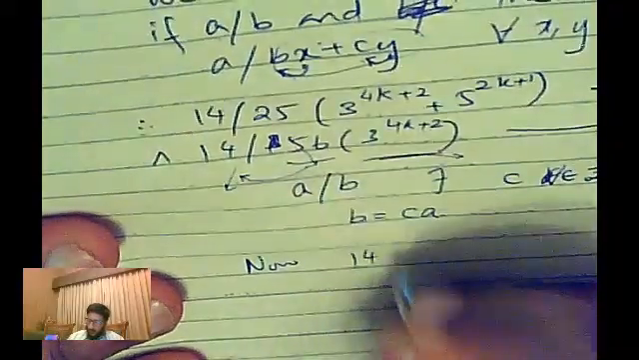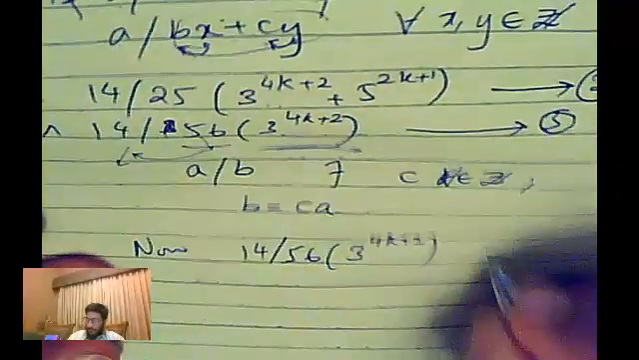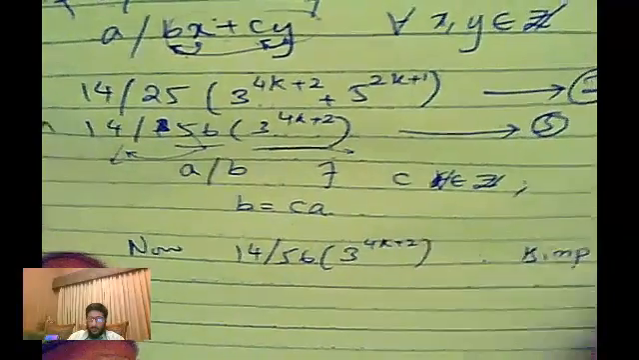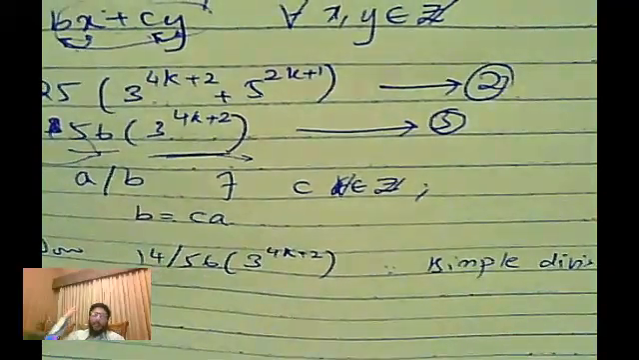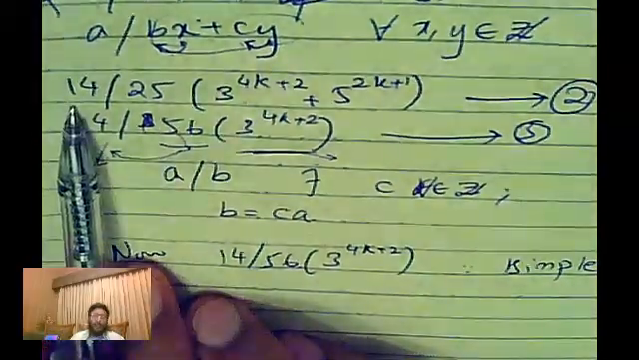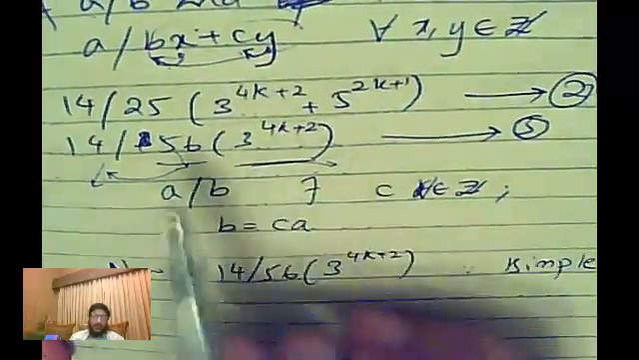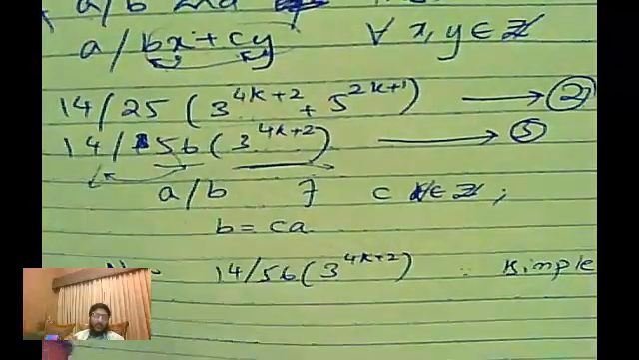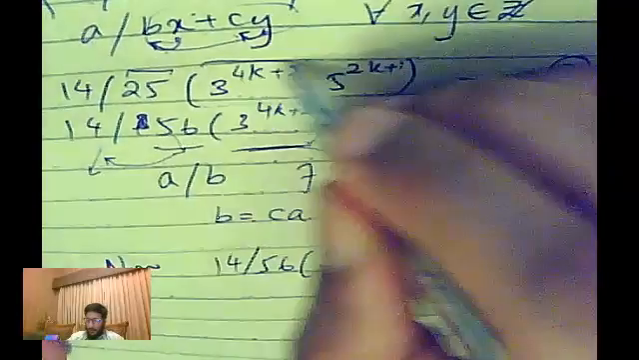Now 14 divides 56 times 3 to the power 4k plus 2 by simple division. I mean, 56 gives no remainders to 14. That's that. But in the other case, 25 is not divided by 14 without remainder. So for all of this to be divided by 14 without remainders, one of these two terms should be divided by 14. This, as we know, is not divided by 14 without remainder, but this,